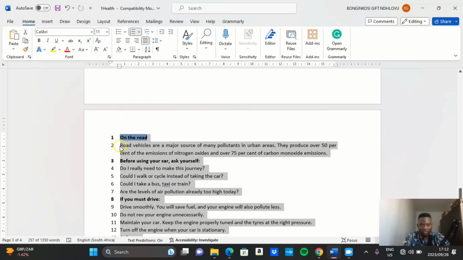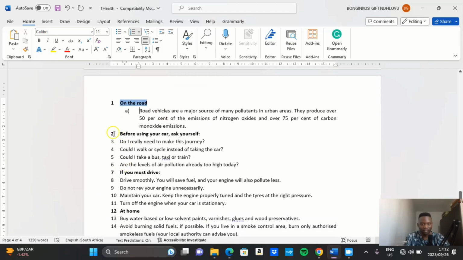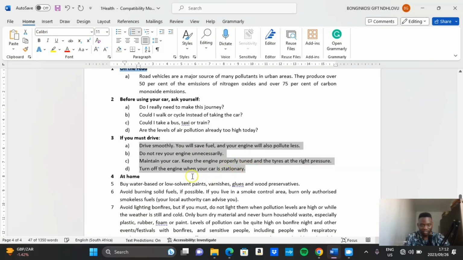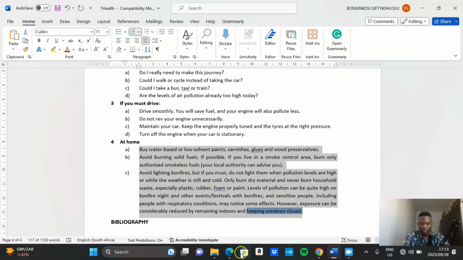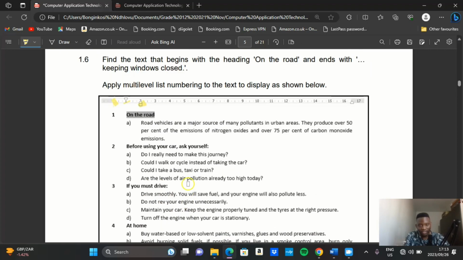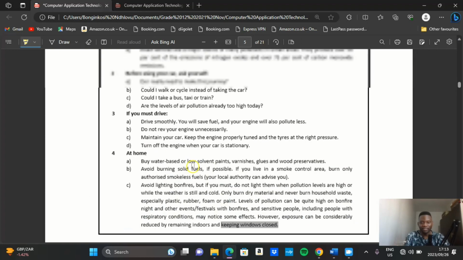But then you need to come here to road vehicles, which is the second level. You just click tab. Then you have your second one. Let me see if I can do it for multiple. Yes, I can do it for multiple. So that is the magic of the keyboard. Tab. Tab. Then you're done with your multi-level list. So let's check if they are the same. They are the same. Okay. So that's it for the multi-level list